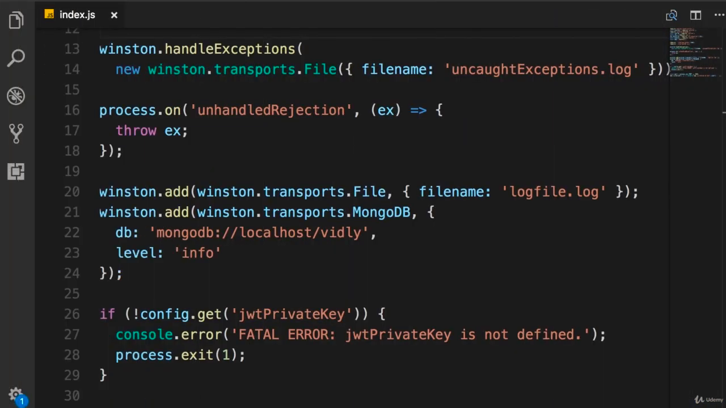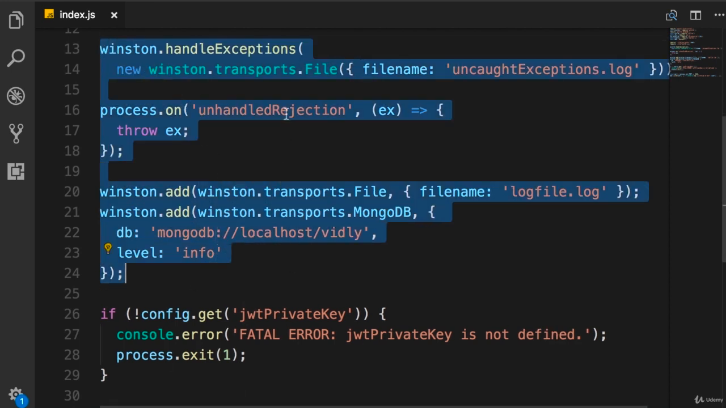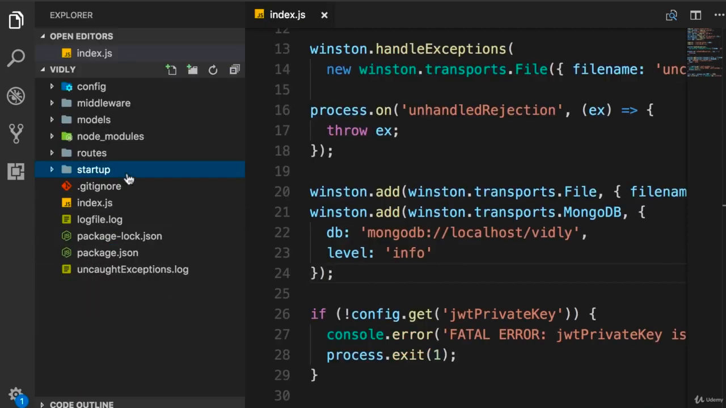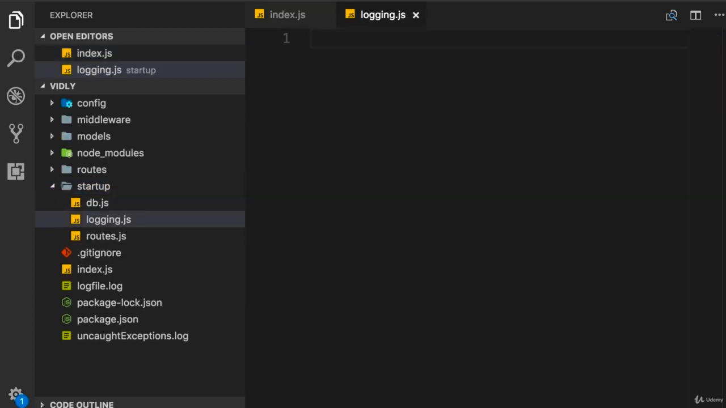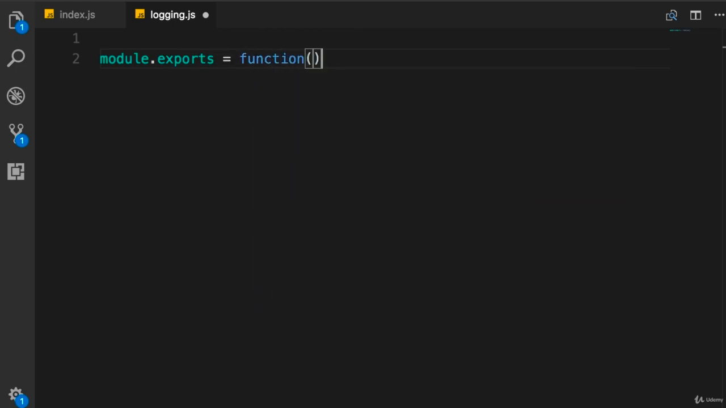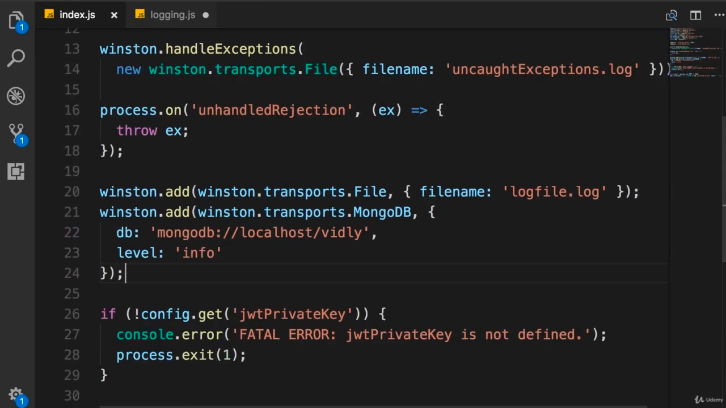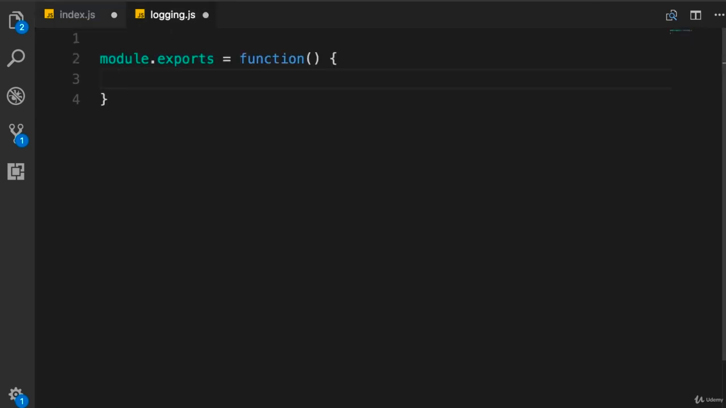All right, back in index.js, in this lecture, we're going to move all the code for setting up logging to a different module. So anything that is related to Winston and handling rejected promises. So back in the startup folder, let's add a new file, logging.js. Again, we export a function. And then back in index.js, take all this code for setting up Winston, cut it, and move it to logging.js